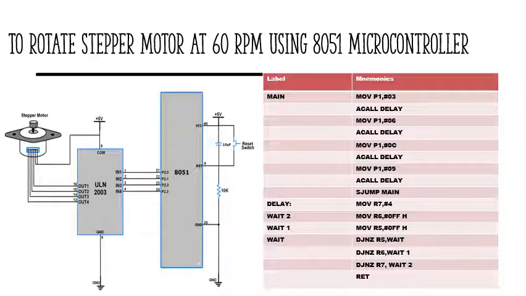But we can't connect the stepper motor directly to the ports. We have to go for some driver circuits because the stepper motor consumes a current of 0.1 to 1 amps during step rotation with the load. A microcontroller produces a maximum current of 0.045 amps through the ports. Therefore, the pulses sent from the port are not sufficient to run a stepper motor. Hence, we cannot directly interface a stepper motor with microcontrollers.